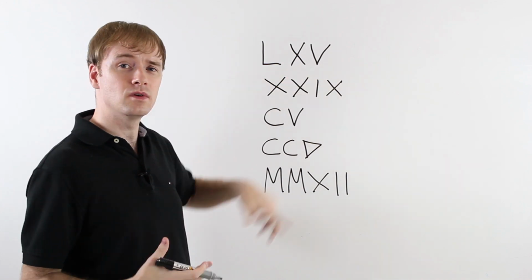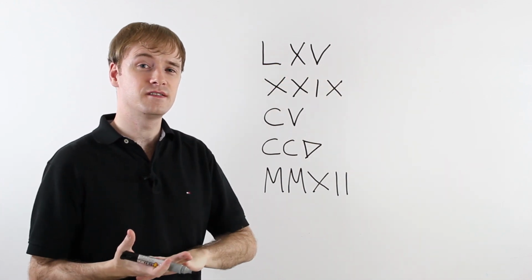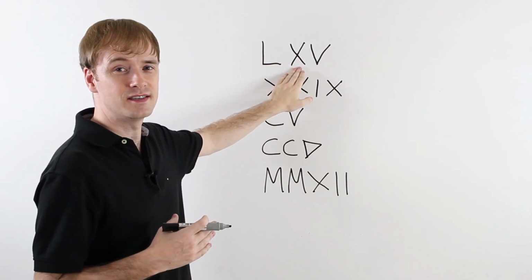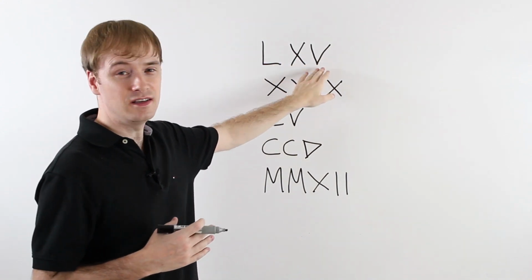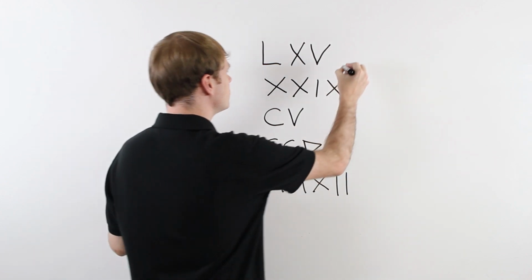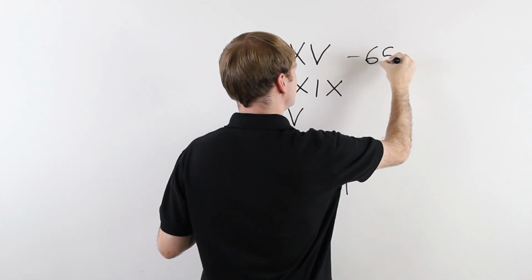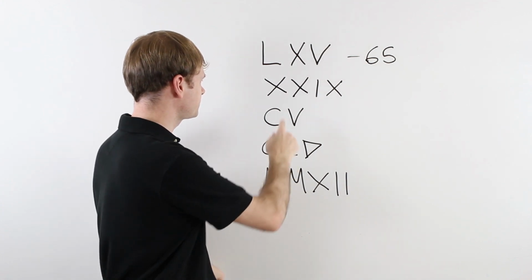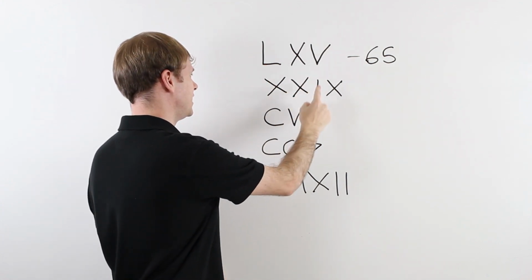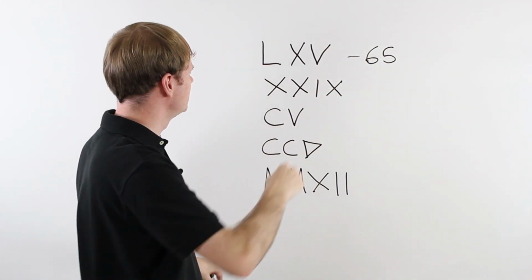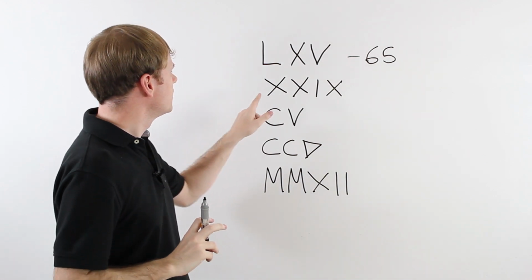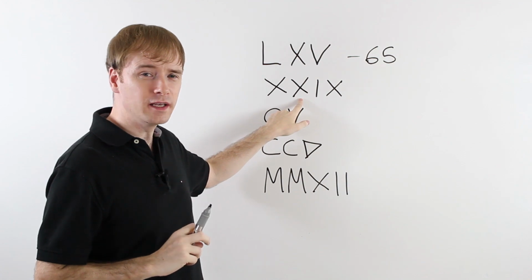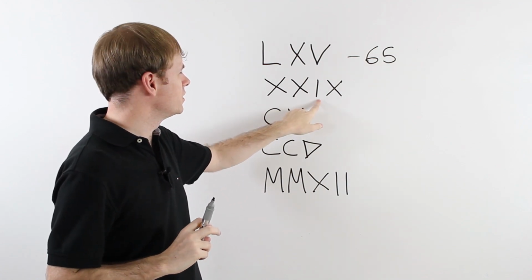And V, what is V? V is 5. So 50 plus 10 is 60. Plus V is 5. So this is going to be 65. All right, the next one. XXIX. Well, we know X is 10, and XX, 10, 10, 20, and 1. 21,